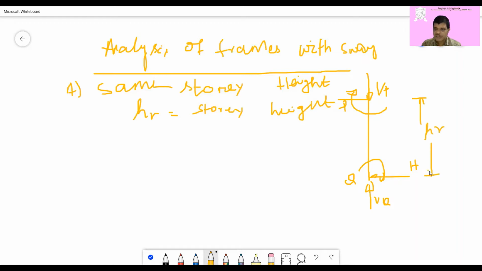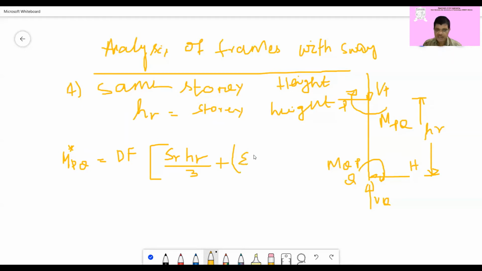Now the column has the same height in each story, and you can write this moment as MQP and this moment as MPQ. With this we will try to solve the problem. Now what is M dash PQ? M dash PQ will be equal to the displacement factor, which we find, times SR HR by 3, plus